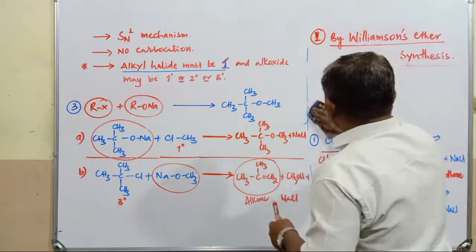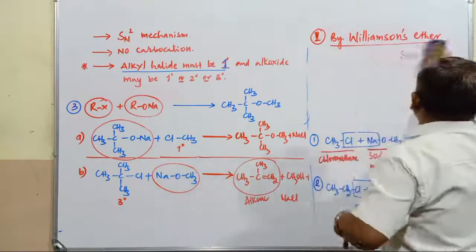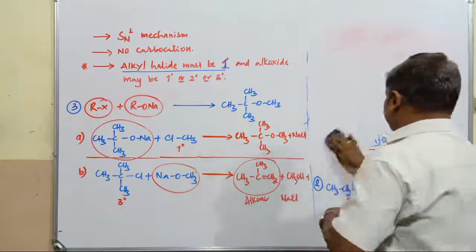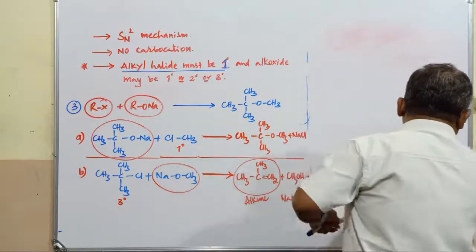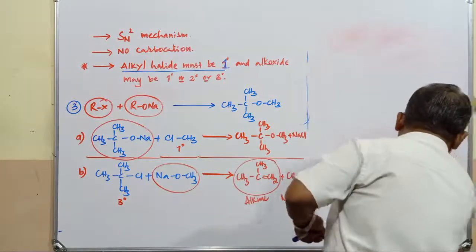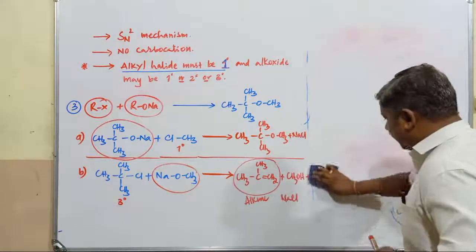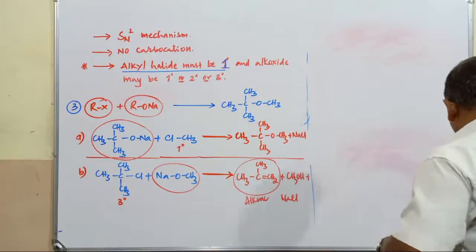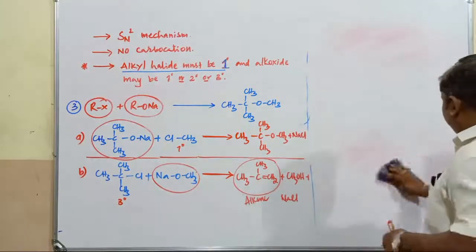I'll explain the same reaction here. Why in the first reaction ether formation takes place and in the next reaction formation of an alkene takes place. Just to note down that one, I'll explain this same reaction. Why the second reaction gives rise to the respective alkene compound. Copy it first.